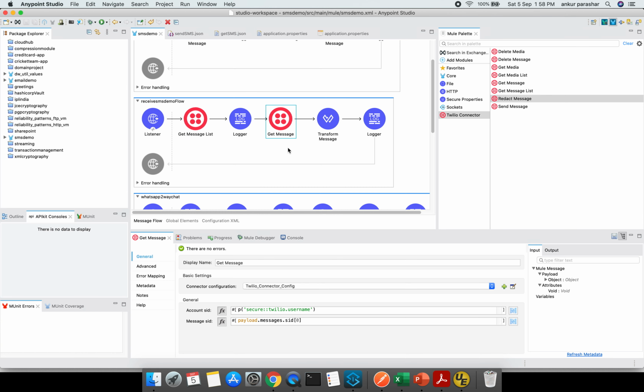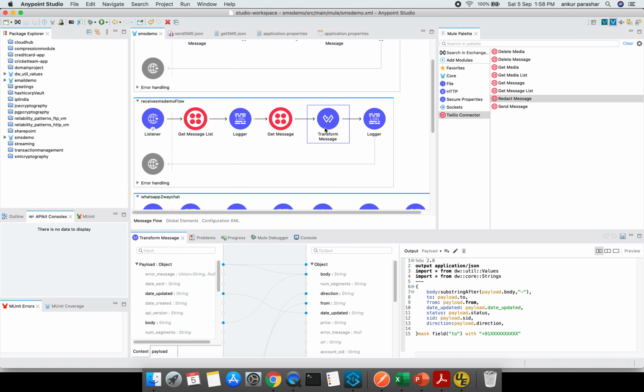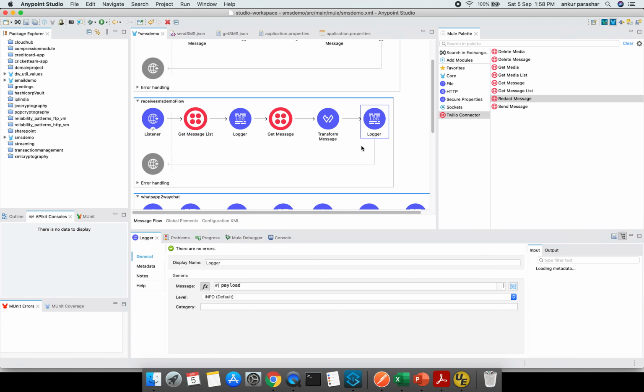If you want to read or get all the message detail, of course you can have a for each, and you can do whatever you want. But the idea was just to showcase the working of get message. So after this, the transform message is being placed, and body, to, from and all these things I am printing. So let me hide this as well. And finally, there is a logger which is going to print the payload.